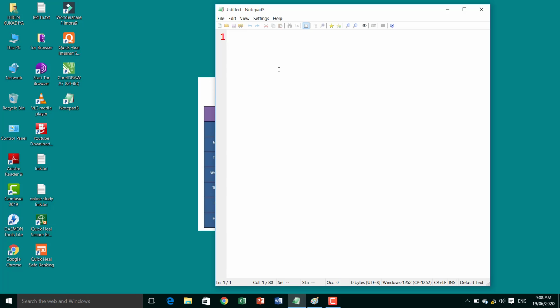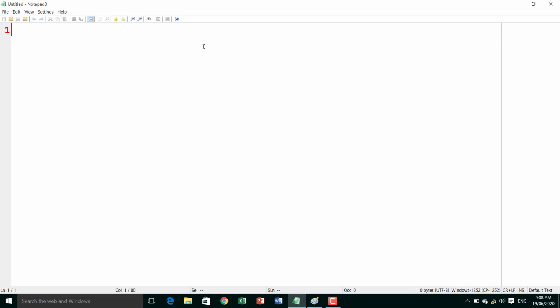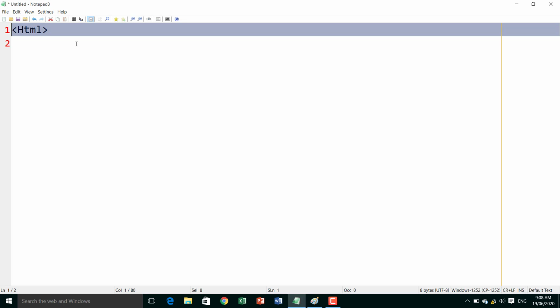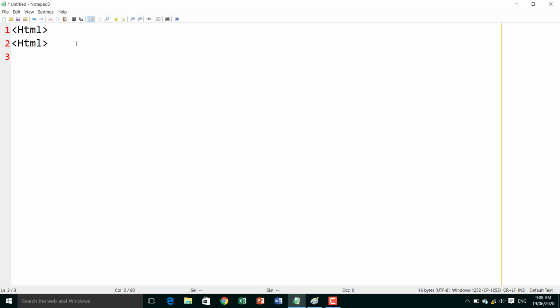Okay, so we will see the example of the Marquee tag in HTML by using this programming. So I am writing here the HTML code for the Marquee tag. You will get the idea. See how the Marquee tag will be performed. This is the HTML code I am writing here.